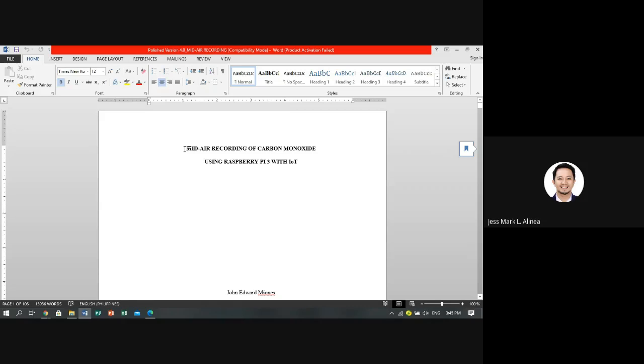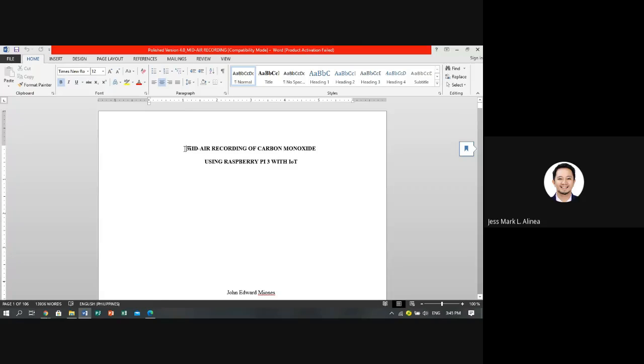So dahil highly urbanized ang Lucena City, ay maraming pollution, especially sa bayan. Lalo na sa gitna, doon sa may Chowking area, sa may Berry Hill. It's their problem. Tapos, they are trying to measure the carbon monoxide na nasa mid-air. Ibig sabihin, mula sa sahig, mula sa kalsada, may sukat kung ano yung mid-air pataas. Tapos, naka-install sa poste ang kanilang device.